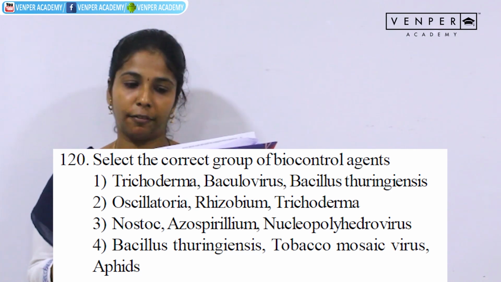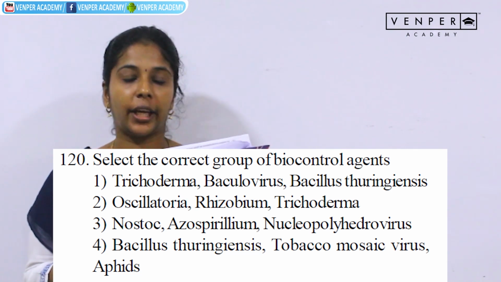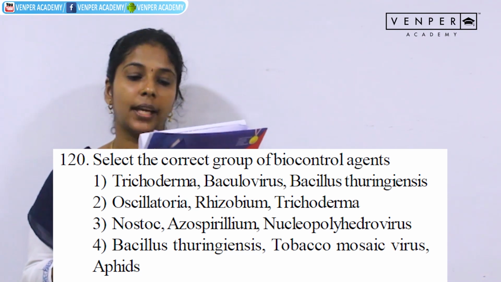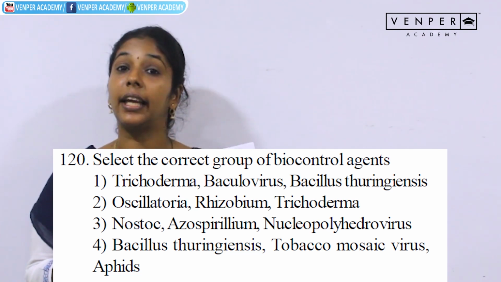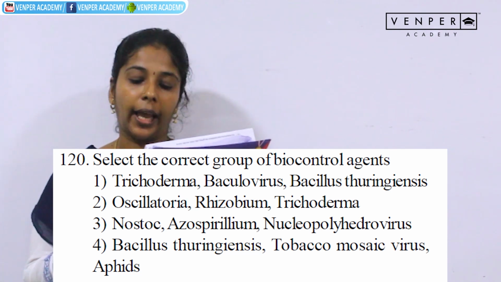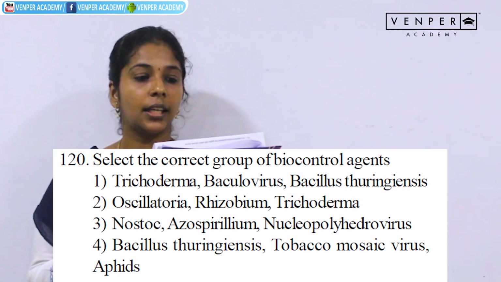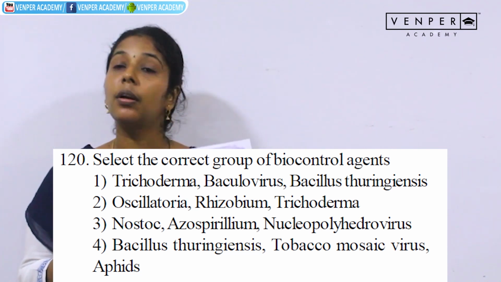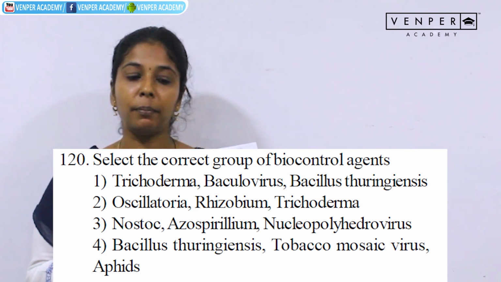Trichoderma species are free-living fungi in the root ecosystem, so they are very effective in controlling several plant pathogens. Baculoviruses are pathogens that attack insects and arthropods. And last, Bacillus thuringiensis is mixed with water and sprayed on the vulnerable plants, which protects the plants from